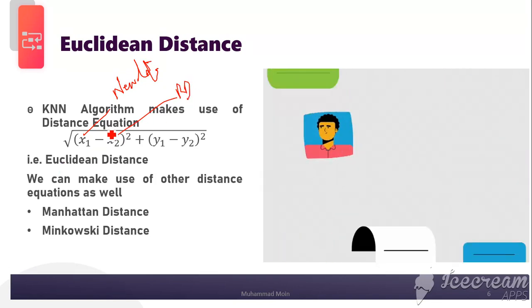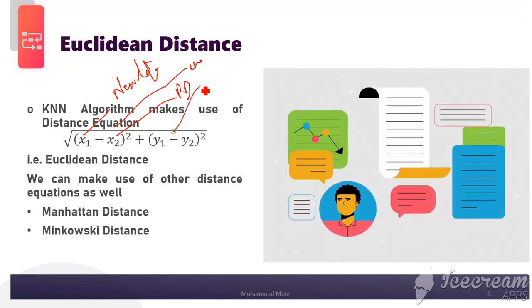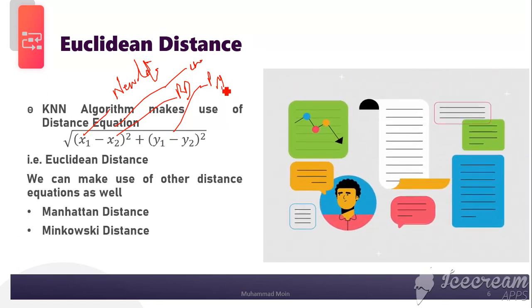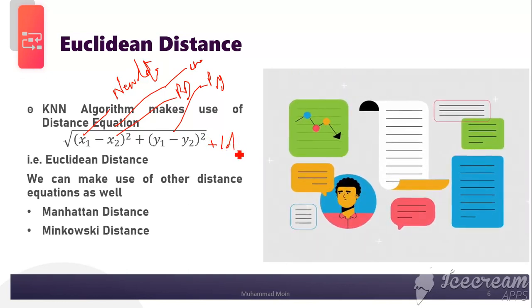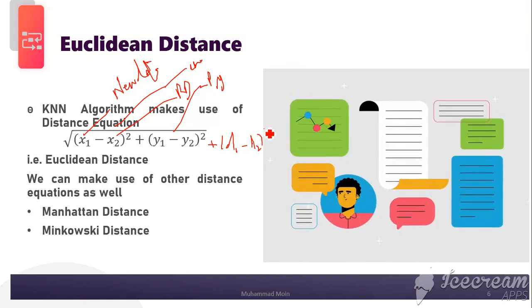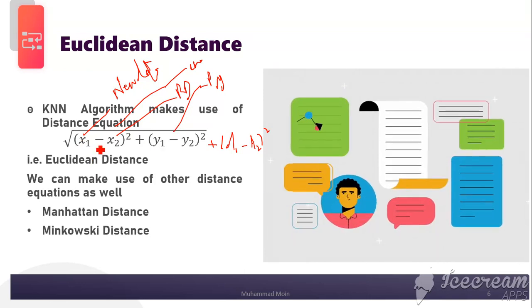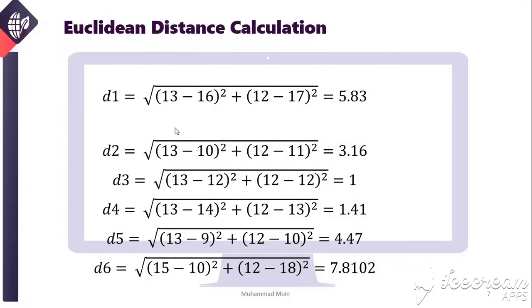Here we will take the chemistry score, and here I will take the physics score. If I have the math score as well, I will just add a plus one term and do the difference for that as well. Here, as I have only two input parameters, I am taking x and y. X is basically the chemistry score and y is basically the physics score. So here I have calculated the Euclidean distance of the new data with respect to each of the reference data we have.